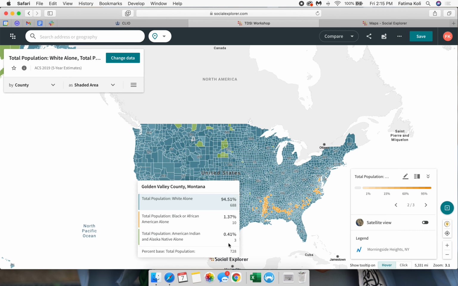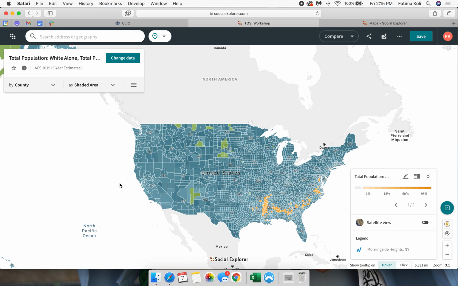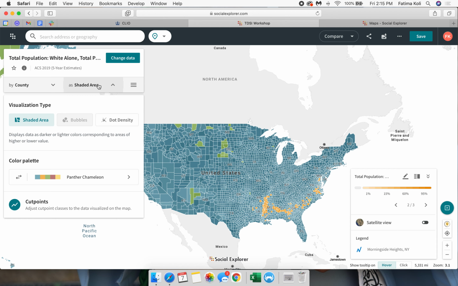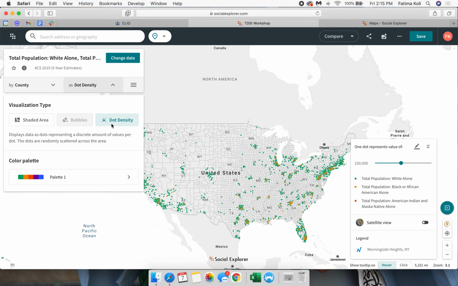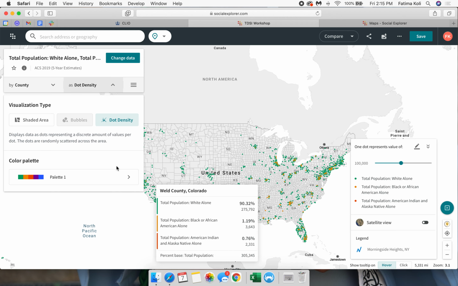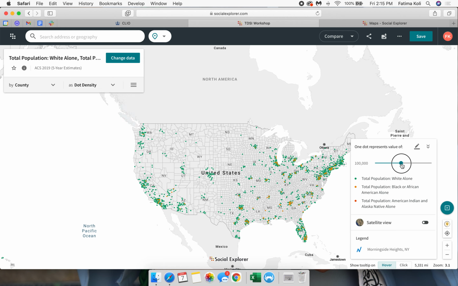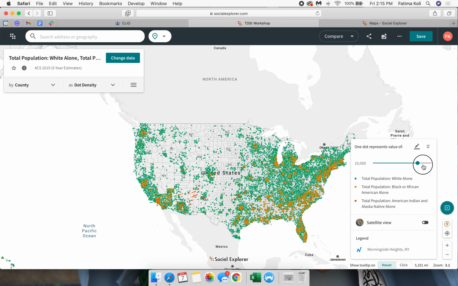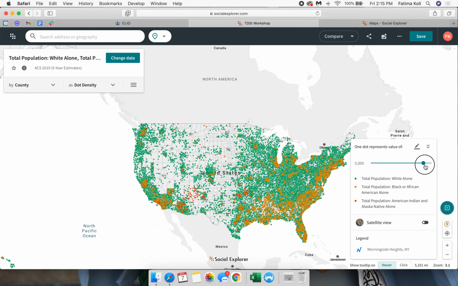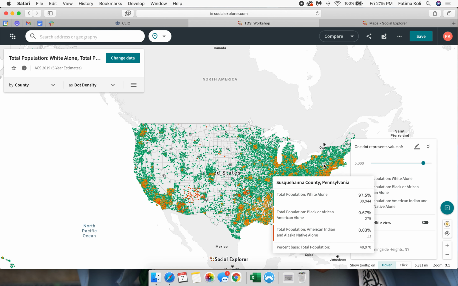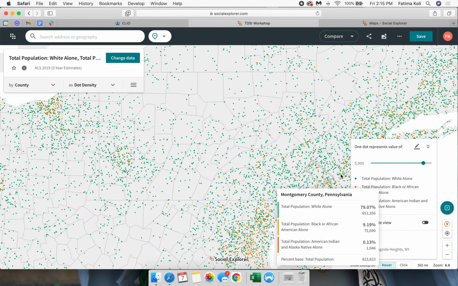One other way of visualizing this type of data, specifically looking at race, or any type of data that's about people, specific counts of people, you can change the type of visualization if you click here to dot density. And what that will do is, instead of shading the tract or whatever geography you're looking at, it will show you a dot where each dot represents a certain number of people, and you can change how many people it represents to go higher or lower, so you have more or fewer dots. This, if we zoom back into New York,